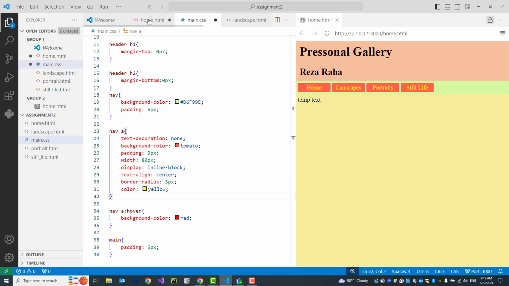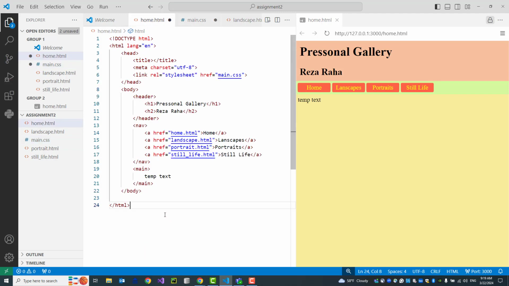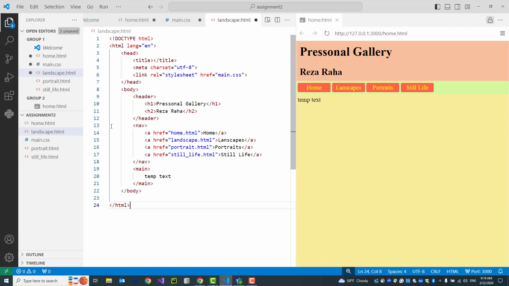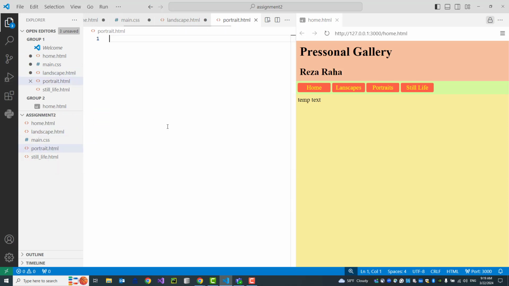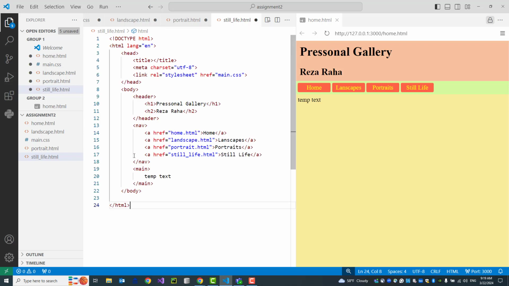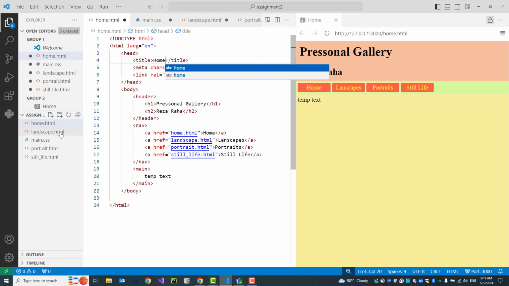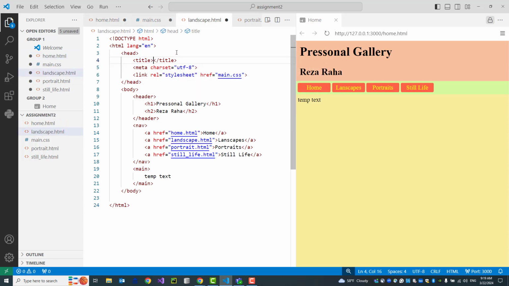Now, what you need to do is go to your HTML code, copy all this code, and paste it in the rest of your HTML pages. So all of them will have the same title. Now in the home, I go to the title element and set it to home. In the landscape, I type landscape,